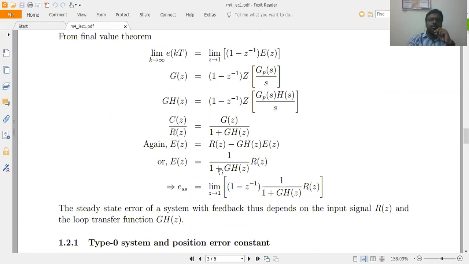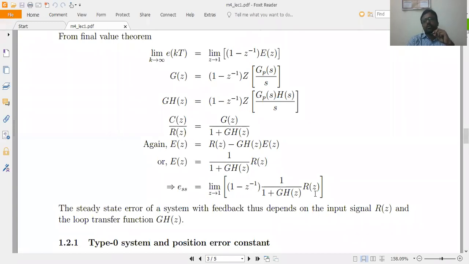So, based upon the final value theorem expression, the steady state error can be taken as limit z tends to 1 of (1 minus z inverse) into R of z divided by 1 plus GH of z. Okay, so this is the final expression which is going to be representing the steady state error